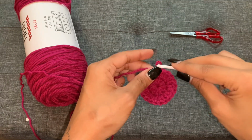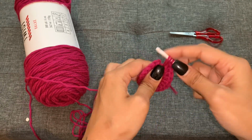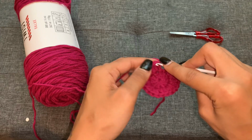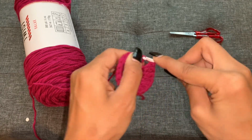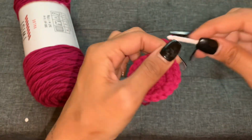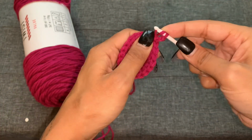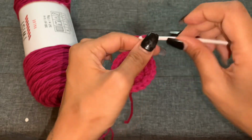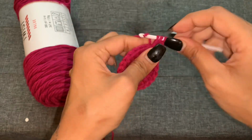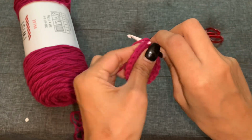Okay, so I'm now on my second double crochet in my 10th stitch, so I now have 20 double crochets total in this round. So I'm going to slip stitch to that first double crochet that I did of the round, and then I'm going to chain 3, and then we'll do another double crochet increase in this first stitch. So in other words, we'll be putting 2 double crochets in that first stitch to increase, and then we'll be putting only 1 double crochet in the next stitch,